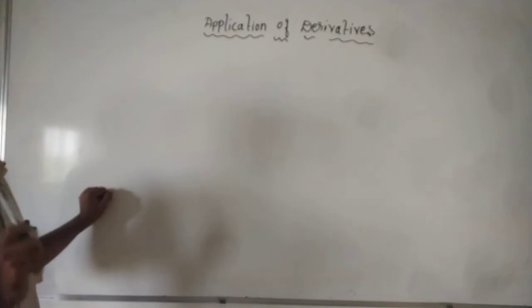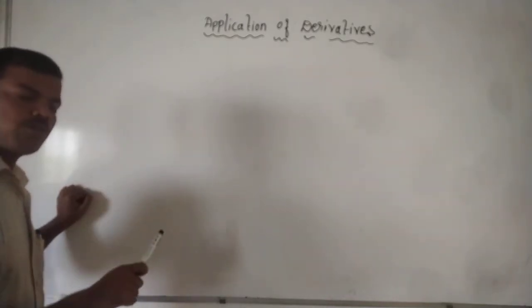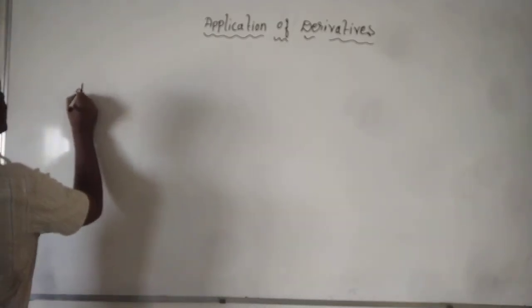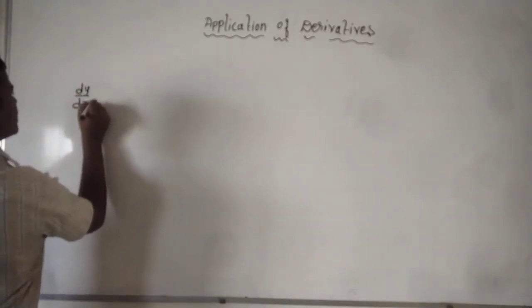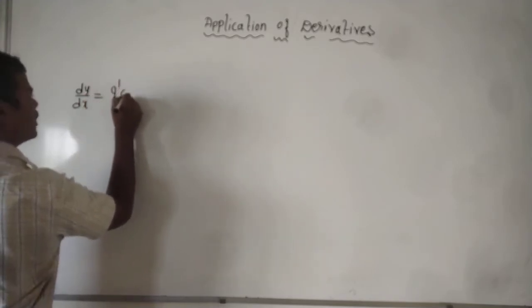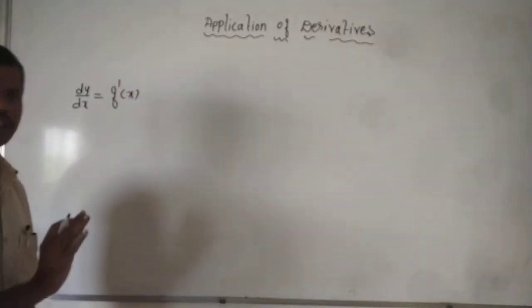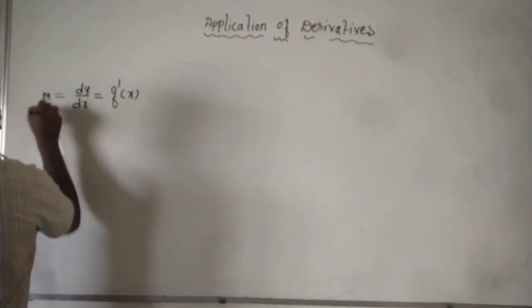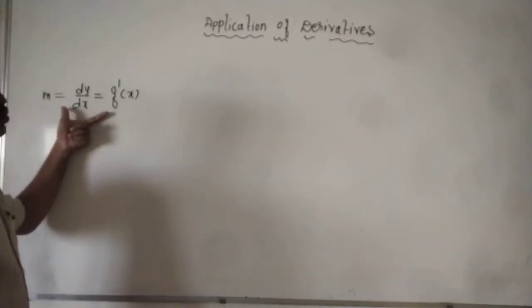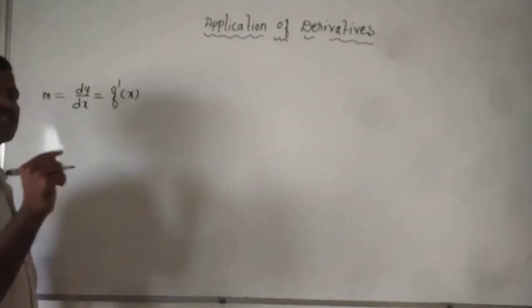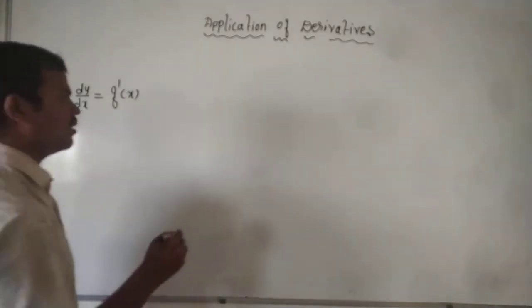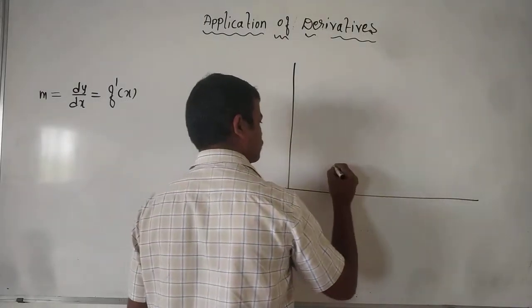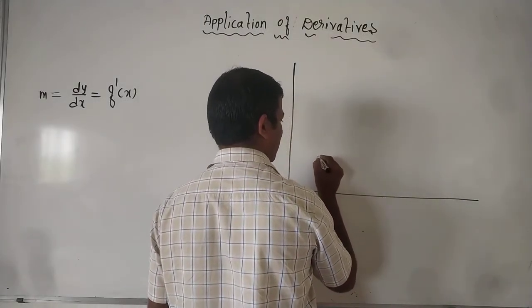which touches the curve at a particular point. So we know what the slope is: the slope of the tangent is nothing but dy by dx. dy by dx is also indicated as the derivative of the function, f dash of x. Using this same concept, which we call the slope, let us now identify the increasing function and the decreasing function. So first, we'll take that. Suppose we have a function like